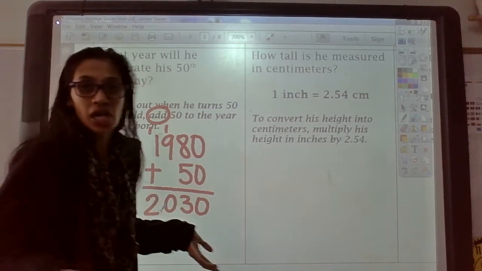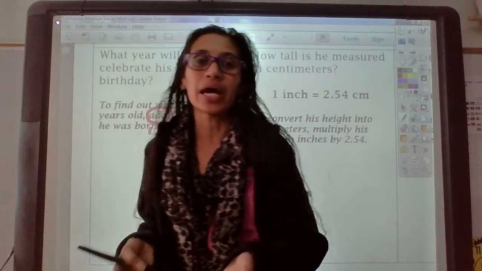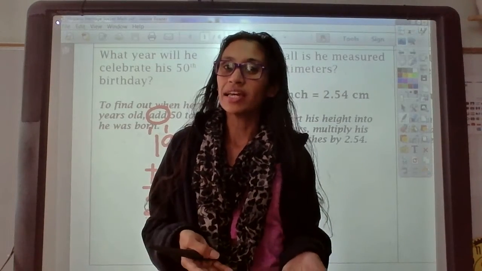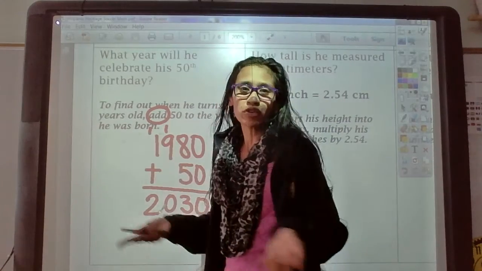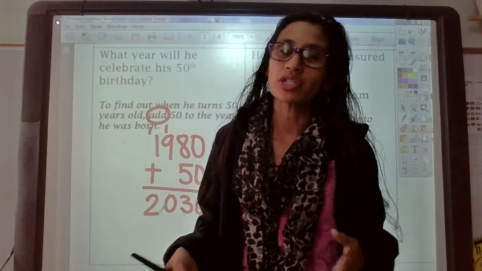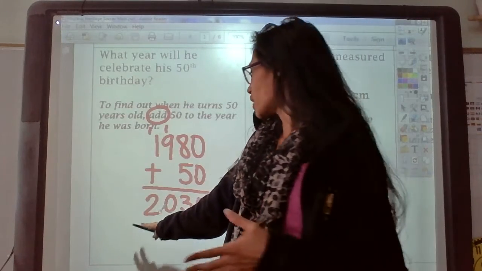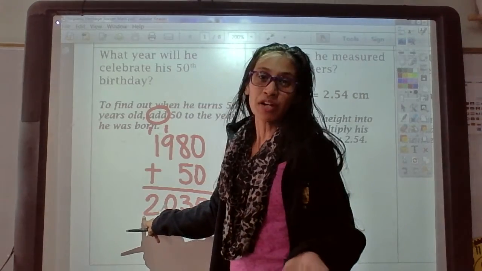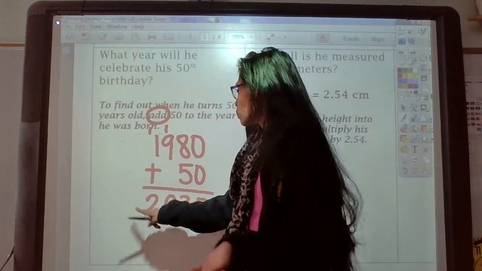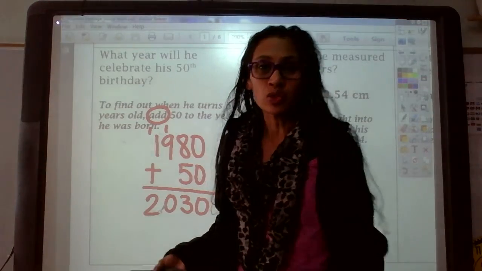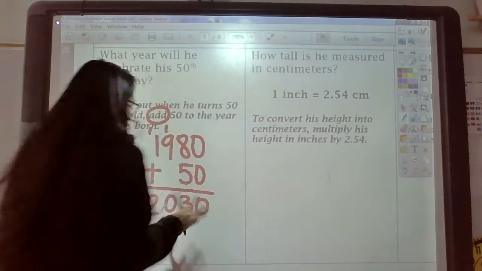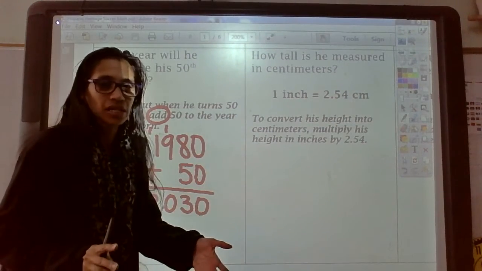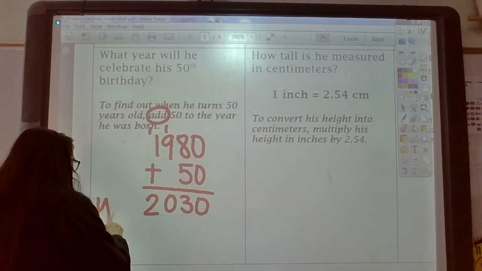Now, I can put the comma in this problem, but I'm not going to. Do you know why? Because it's the year. And usually when you write the year, you never see commas in those numbers. So I'm going to leave it just like that. And instead of saying two thousand thirty, since it's the year, we say twenty thirty. What's the unit? The unit is the year 2030. So I'm not going to write 2030 year. That doesn't make sense. It is in the year